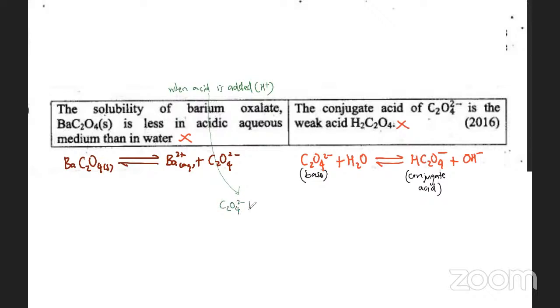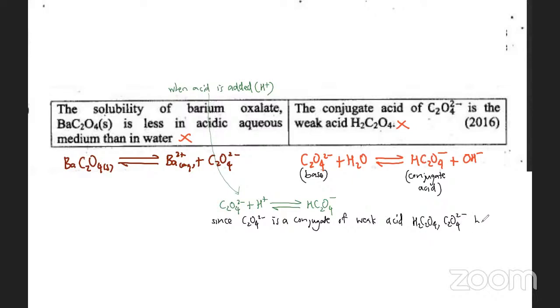C2O4 2 minus will react with that H plus and combine with it to some extent. You will be getting HC2O4 minus. You'll get this product. So what is happening? This can happen only because this is a conjugate base of a weak acid. Since C2O4 2 minus is a conjugate base of weak acid H2C2O4,